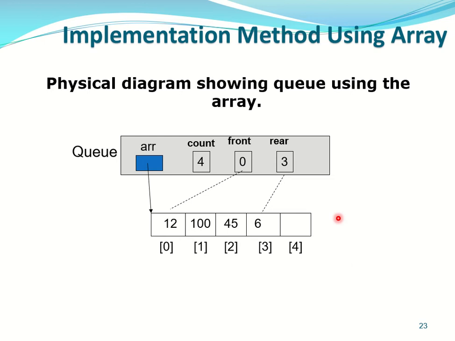So this is how you look at the physical diagram for C++. When you have an object, the object holds the values of the array, count, front and rear. So this will be represented in memory. Let's see here, the array is declared of size 5, 0 until 4, and count is 4. That means the number of data elements in the array is 4, and front will point to 0, rear will point to the last element, so 0 and 3. Remember, front and rear only hold the index value.